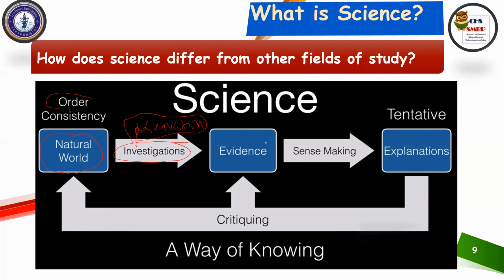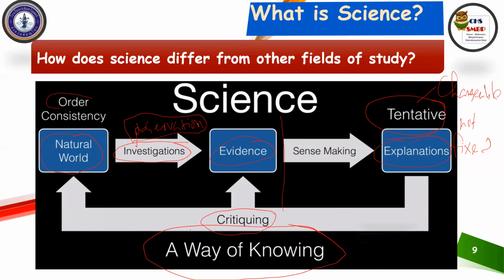And that will bring you some evidence which makes sense, and then you can explain those phenomena. Although explanations are not fixed, they are tentative. Tentative means changeable. So explanations can change through criticism. But anyhow, science is a way of knowing